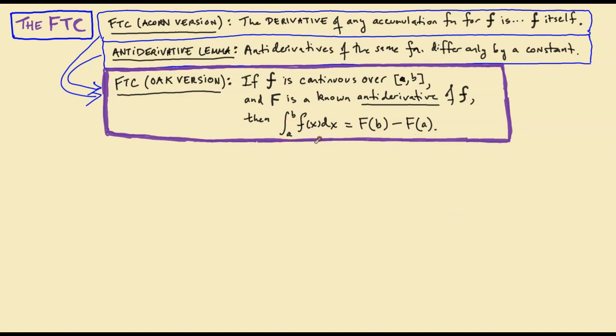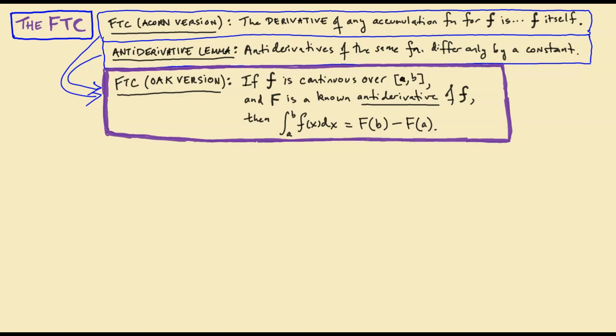After all, we're adding up infinitely many infinitesimals. We're running across every real number from a to b, infinitely many of them. And in the end, that sum turns out to depend only on the endpoints. Remarkable. I want to give you some examples of how this works, but there's one last thing I want to